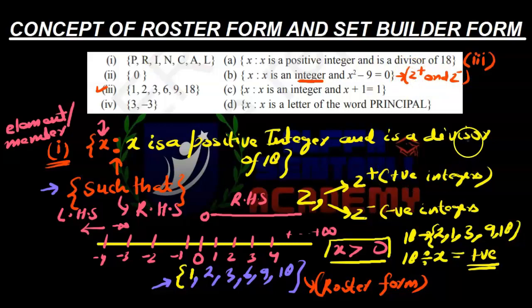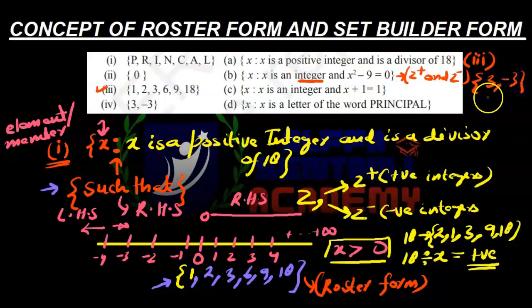If you draw a number line, let us understand this with the help of a number line. You can see this is our number line. So we can take numbers on the RHS of 0 and on the LHS of 0, meaning both negative and positive numbers can be taken. Whatever number you are taking, you have to make the square of that number, and that number squared subtracted by 9 must be equal to 0. So how many numbers are satisfying this condition? There are only 2 numbers which satisfy this condition, that is positive 3 and negative 3.